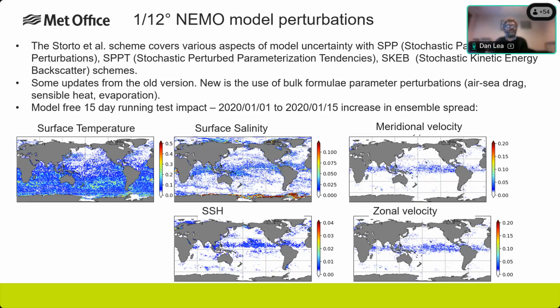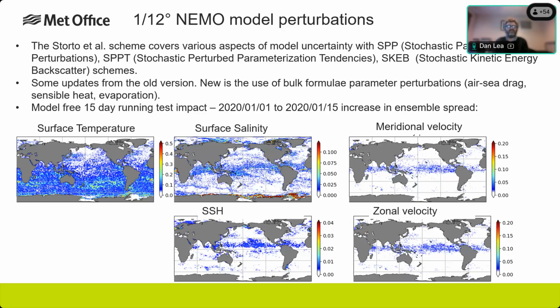We used this scheme in the old version. We made a few updates to it, partly because some of the settings didn't work anymore with the new model. It's always dangerous to perturb models because their stability can be quite sensitive to the parameter settings. One of the big new things is the use of bulk formulae parameter perturbation: that's air-sea drag, sensible heat, and evaporation. We think that's made a big difference compared to the old system in producing quite strong surface